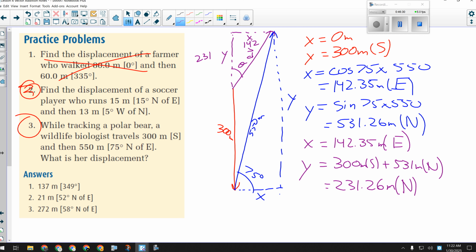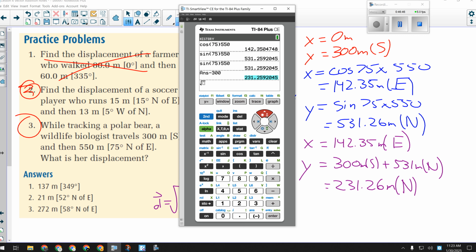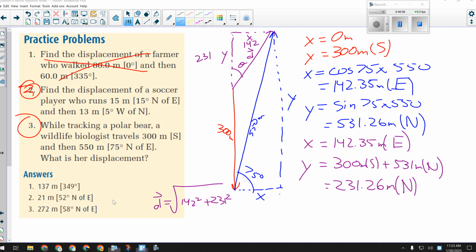And since I have the two sides, I can now easily do that. So to get the overall displacement, just Pythagorean theorem, 142 squared with all the decimals, plus 231 squared with all the decimals. Okay, so 271.56 meters, and then to get the angle, okay, if you drew it the other way, which they did here,